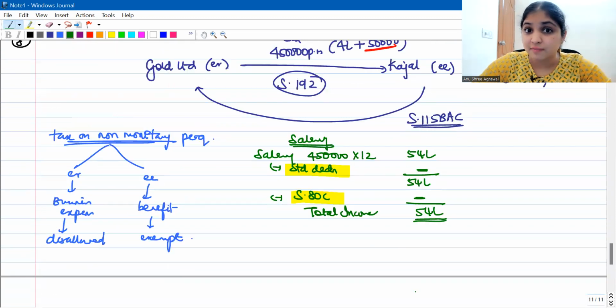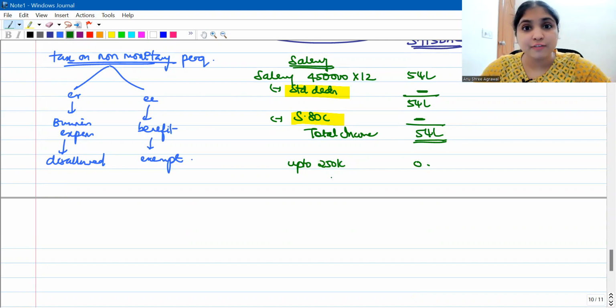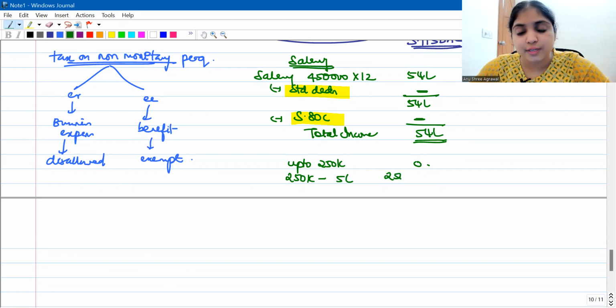See, we're talking about Section 192 TDS. So we'll have to calculate tax liability according to the slab rates. We'll have to apply 115 BAC slabs. How do you calculate? Up to 2,50,000 nil. By the way, I hope you know 115 BAC basic exemption limit is always 2,50,000. Even for senior citizens, super senior citizens, it will still be 2,50,000 only in 115 BAC. Right? Then if the income is more than 2,50,000 up to 5 lakh, in between we have 2,50,000 income on this 5%, right? That's going to be 12,500.